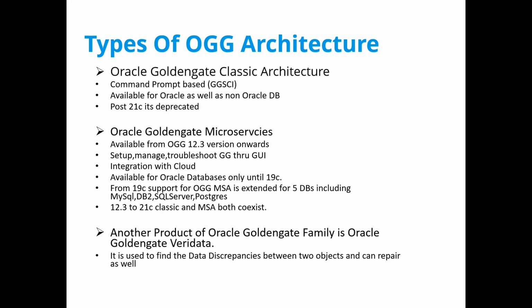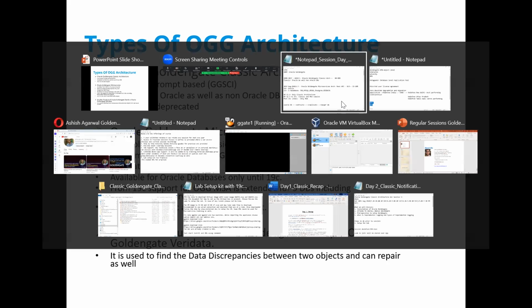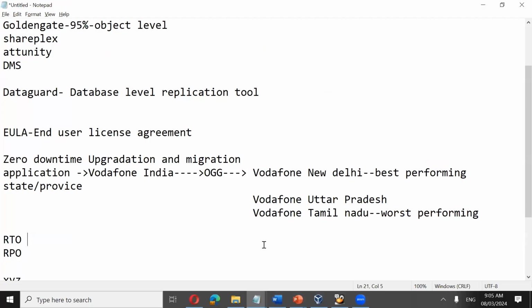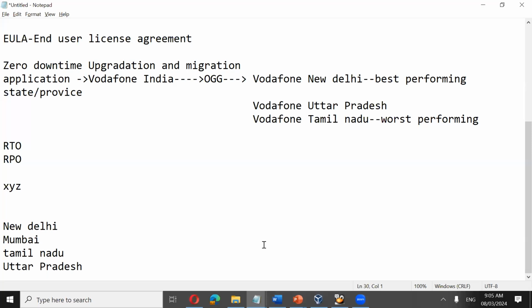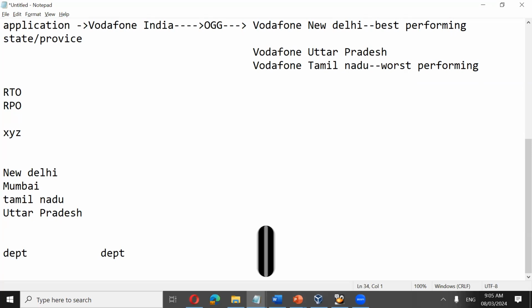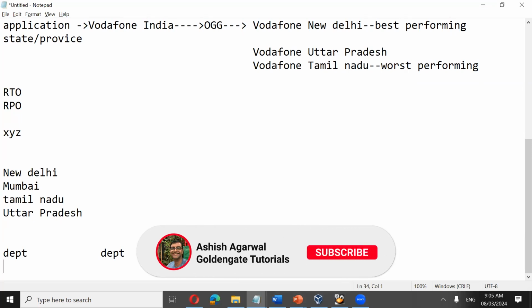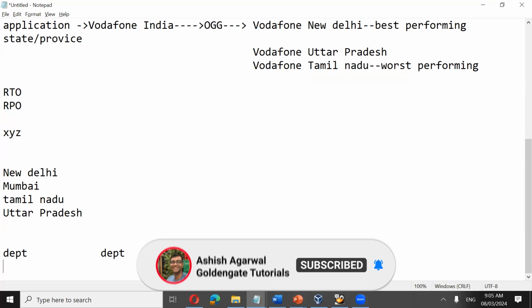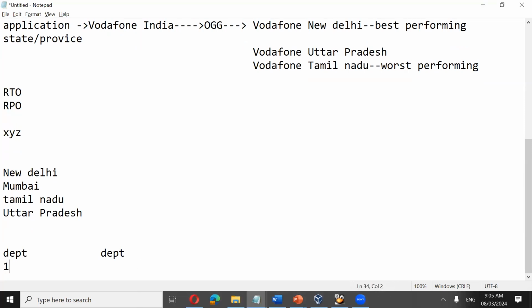Say for example, you want to compare the department table to the department table. You have the department table on source and the department table on target. Now using GoldenGate, you are replicating the data. There is some historical gap. There are 10,000 records on source. On target, there are 9,000 records. Now you want to verify whether the two tables are in sync or not.